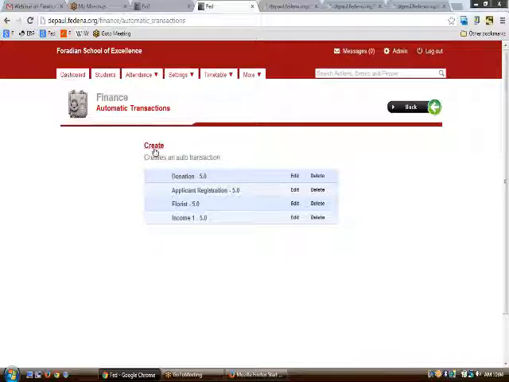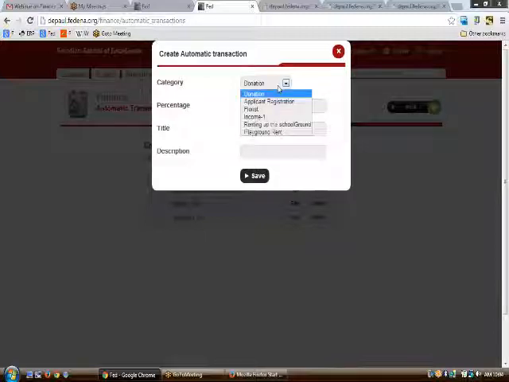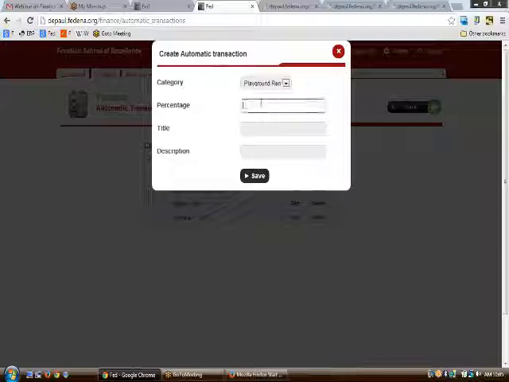So let us first of all create an auto transaction to have a better clarity. You can have your categories here, like applicant registration, flourish and income one. So all transactions coming here would have to be deducted by some percentage, like 5% or 6% or something like that.